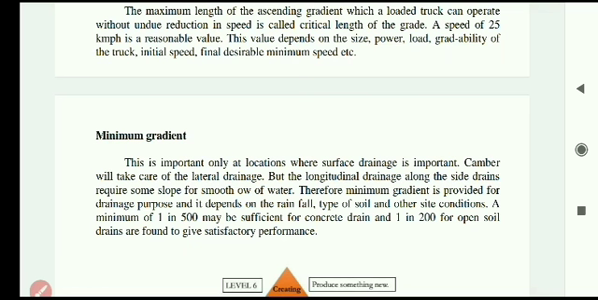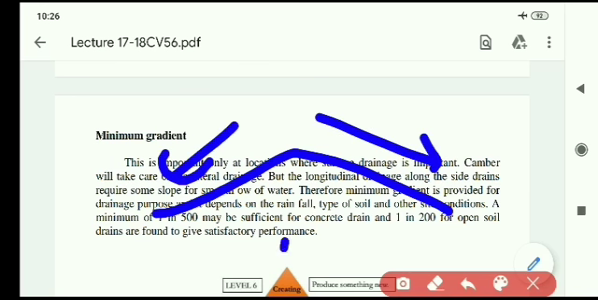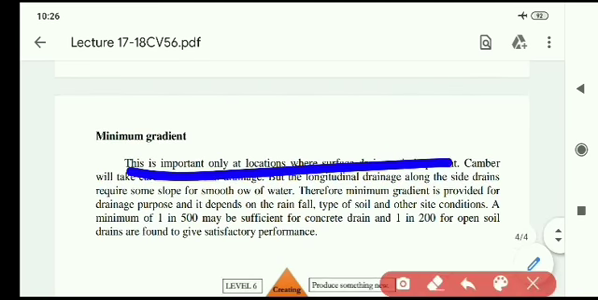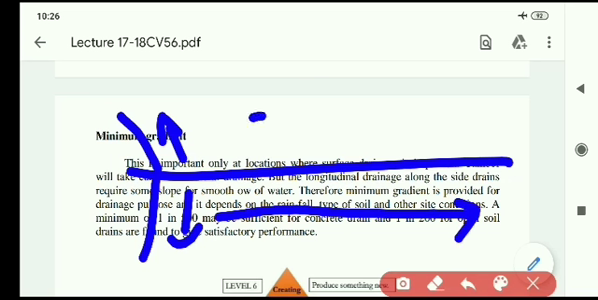So during that condition, some minimum amount of gradient is provided through the length of the road. That gradient is known as minimum gradient. Okay, so with the sketch I'll show you. This is the stretch of road, and this is called camber, where the minimum gradient is provided towards the length of the road. Let us consider this as the road. Okay, this is camber. In this direction camber is provided,